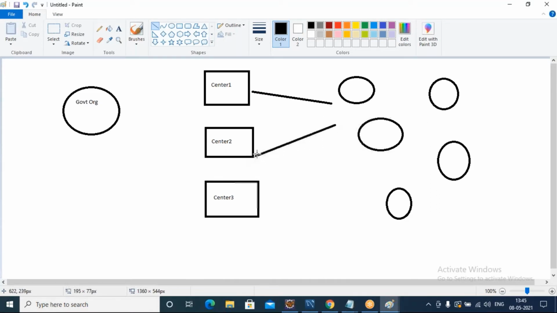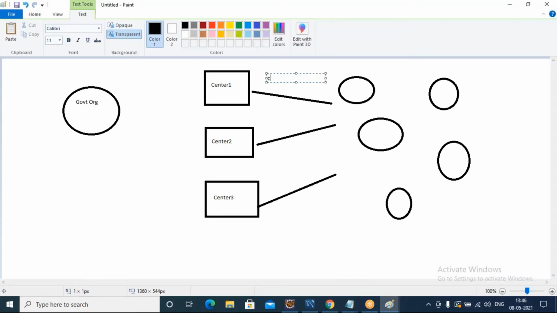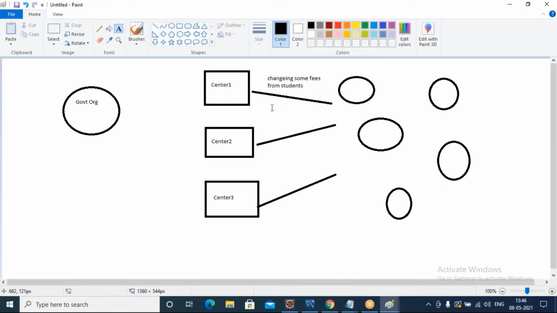They will register there, and internally these centers will be charging some fees from the students. And in fact, the government organization, they have to take the permissions to run these centers.